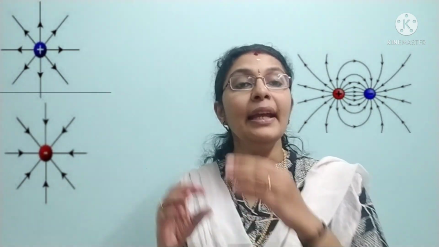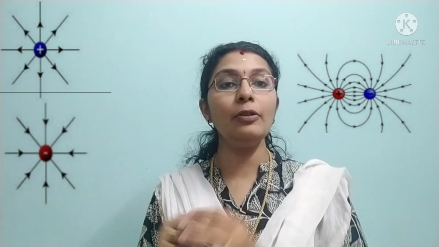Clear? Now we'll understand the direction of electric field. We can say it moves from positive to negative, or in other terms, it moves away from positive or towards negative. Now I hope you are all clear with what an electric field and its direction is. Now we'll see a term, potential energy.